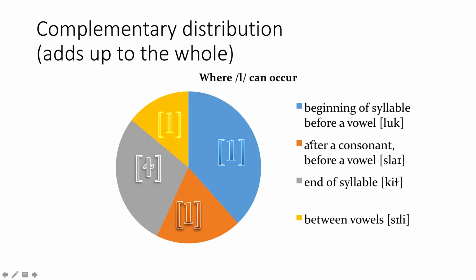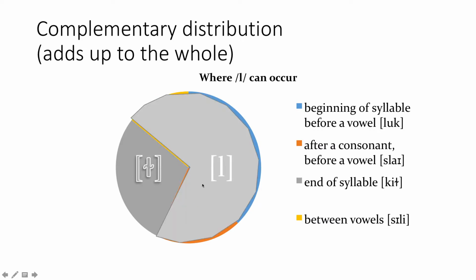Another bit of data for this, like the English L. We have that larger phoneme L that has lots of different variants. It's going to be the alveolar one, la, whenever it occurs at the beginning of a syllable before a vowel. It's going to be the alveolar one, l, if it's after a consonant before a vowel. It's going to be the velar one, ol, if it's at the end of a syllable, and it'll be l, the alveolar one, between vowels. So I have this pattern of where I would find which allophone of l, and together it makes up complementary